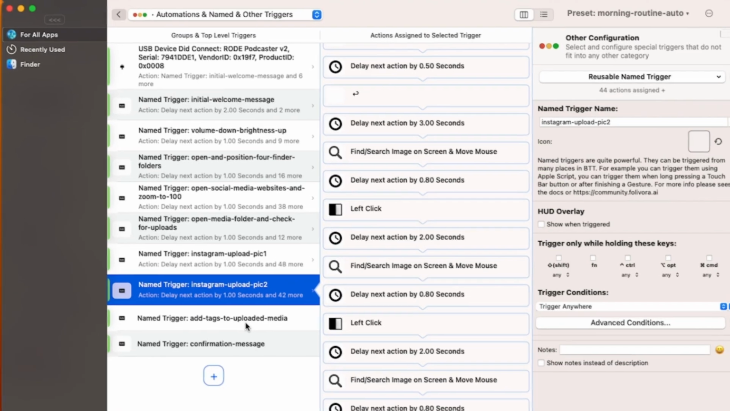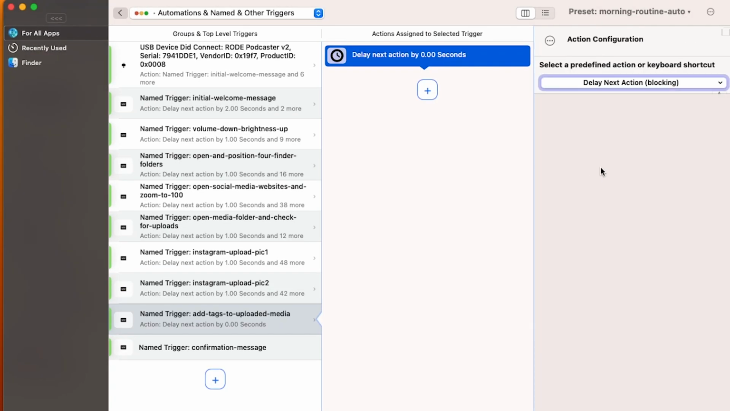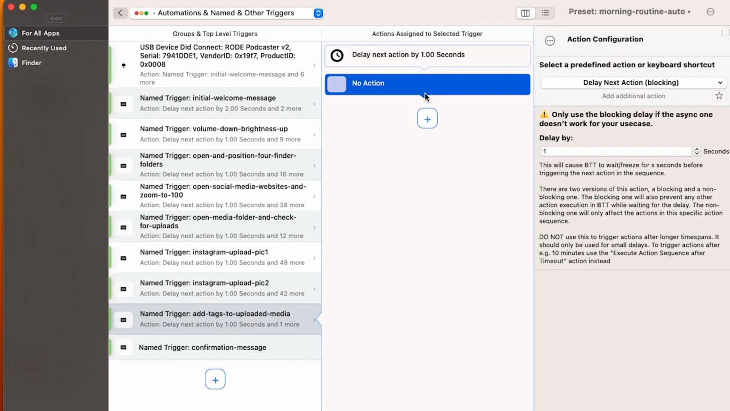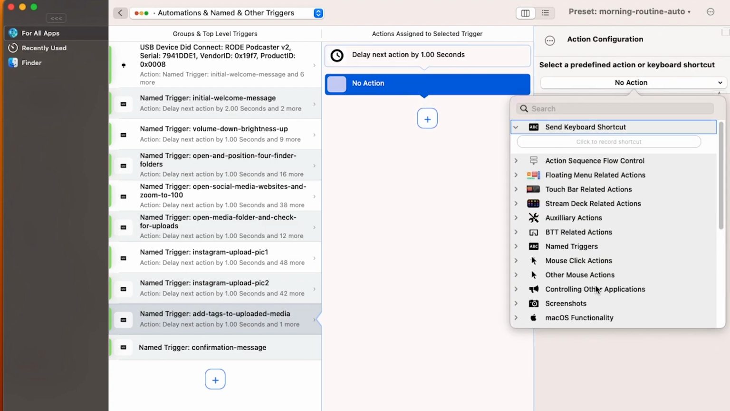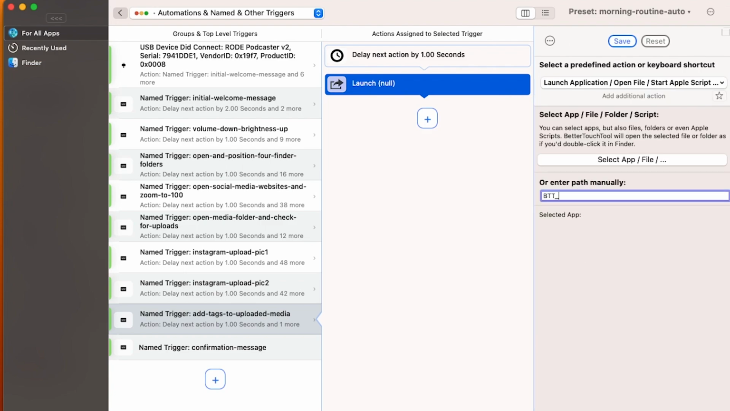Step 11. Tagging uploaded media files. Hang in there because we're almost done. Please select the next trigger now and start by adding a 1 second delay. Click on the plus icon again and click on Controlling Other Applications in the pop-up menu on the right. From the submenu, please choose Launch Application, Open File, Start Apple Script and type